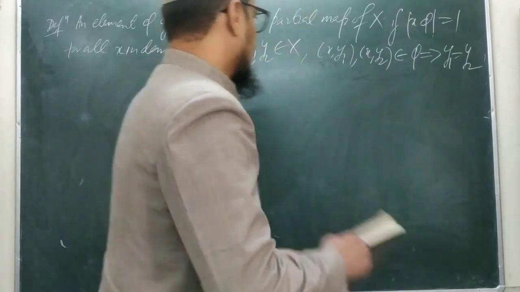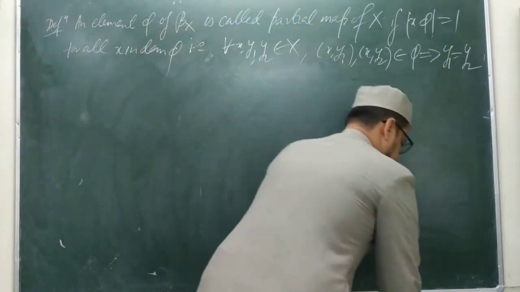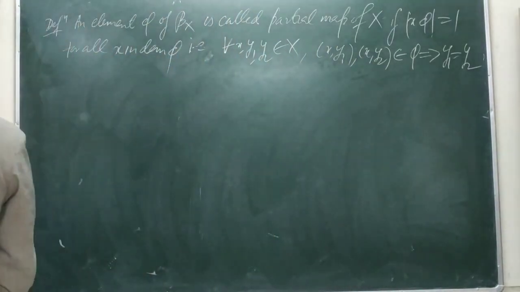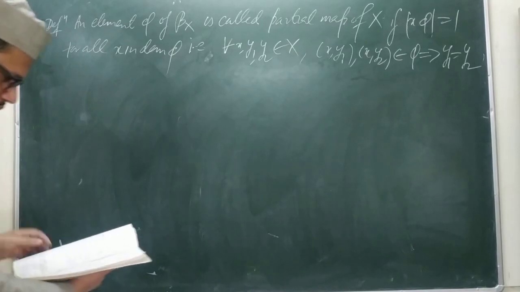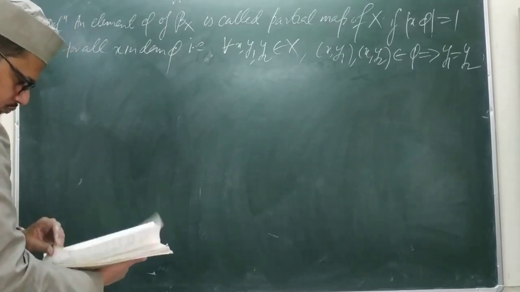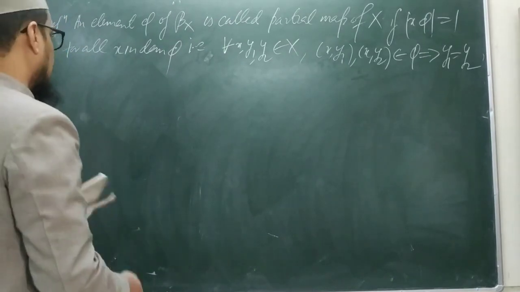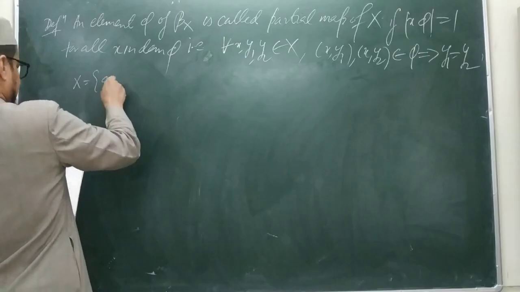So this is the definition of a partial map. I also want to tell you some examples. If X has a, b,